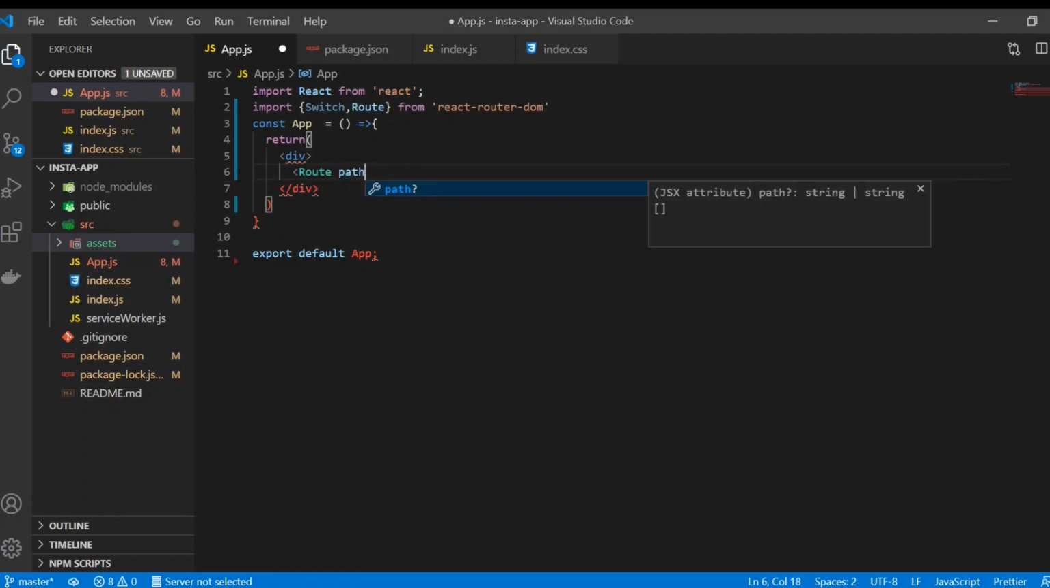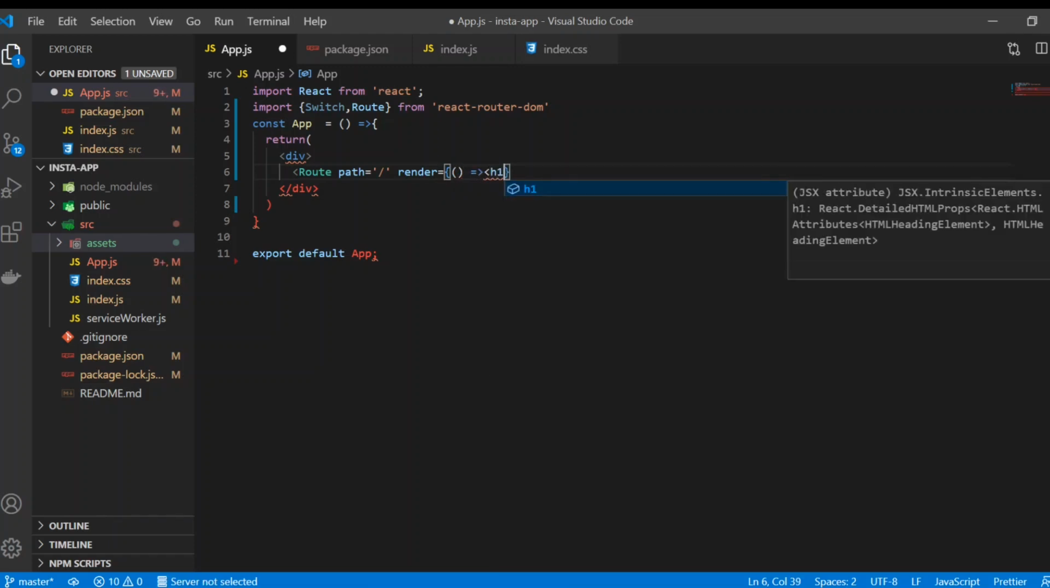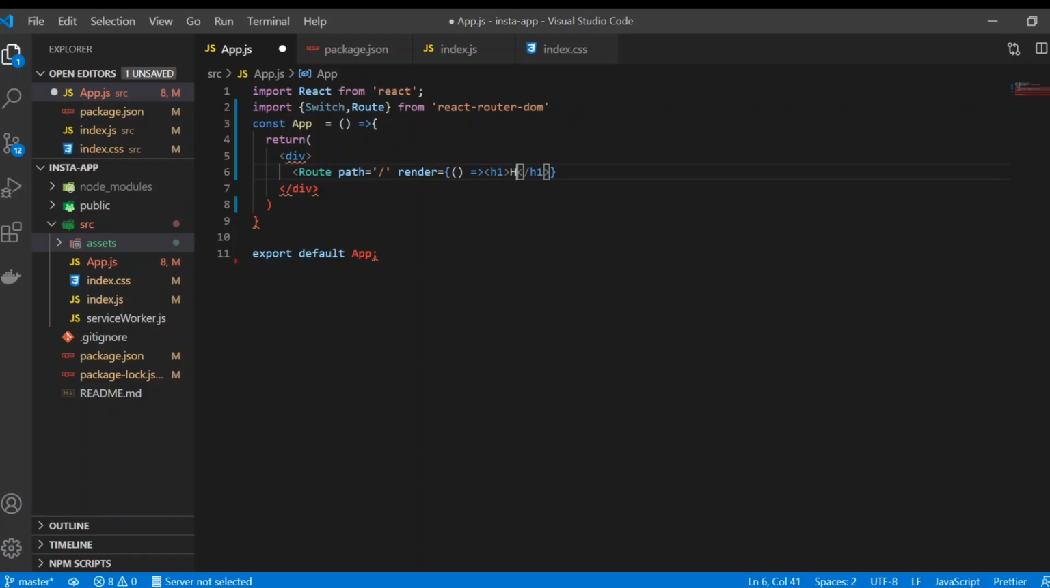This is the path that we're going to give, and the path we can give is slash, and for now I'm just going to render. It gives this render attribute in here. I'm just going to render this h1 home, and I'm going to use another Route, and path is equal to